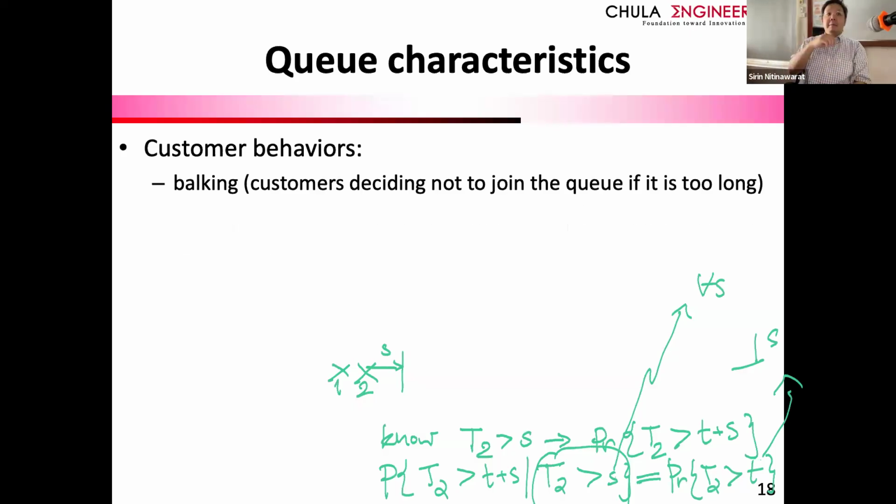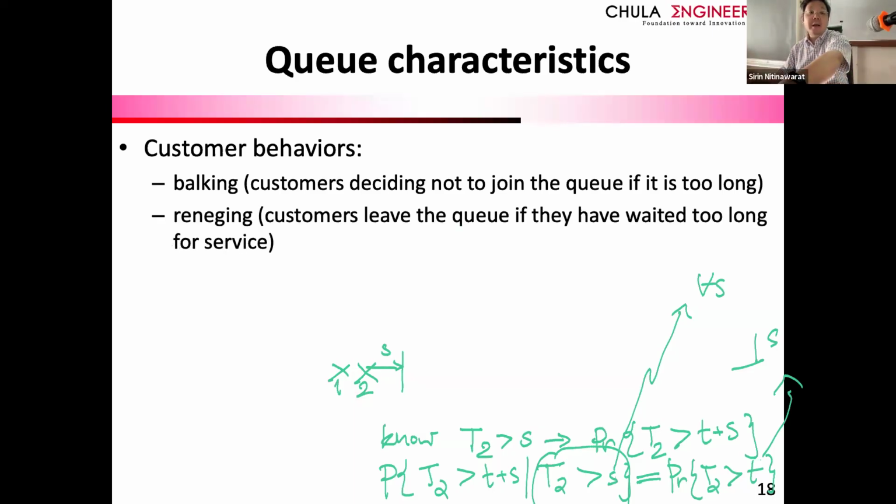But this behavior of balking is a little different. Balking means if, let's say there's only one queue, the customer that is coming in can decide to leave the system entirely without being served. They just don't want to be served anymore because the queue is too long. They just leave the system. That's called balking. Reneging we've seen all the time, especially in a grocery store or supermarket.